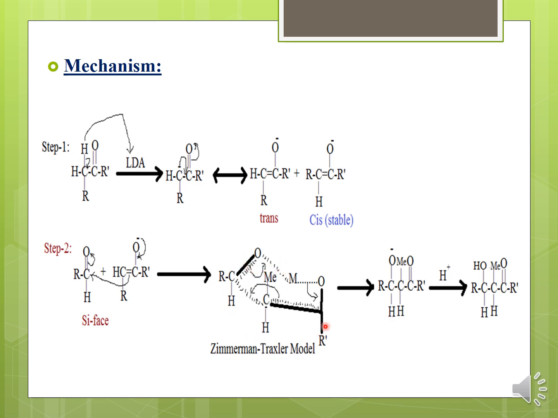In general, if you look at the transition state, you will get to know the product over here. What happens here is, this minus charge will shift and make a double bond. You can see it over here, and this bond shifts and makes one bond. You can see that bond over here.